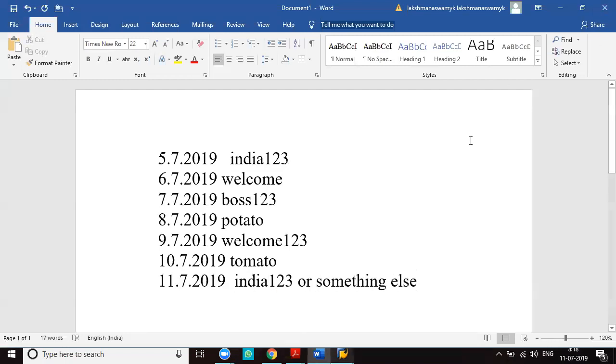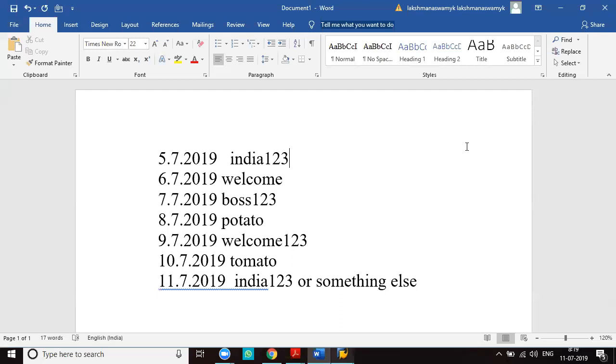Okay, next, continue. If the user enters the wrong password 3 times consecutively, the user ID is automatically locked.